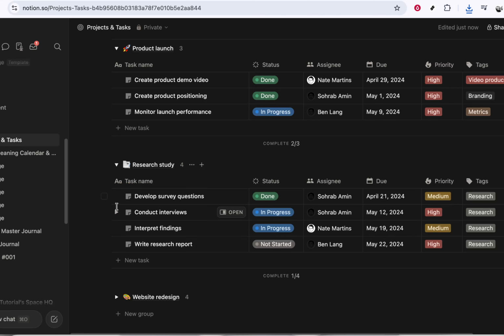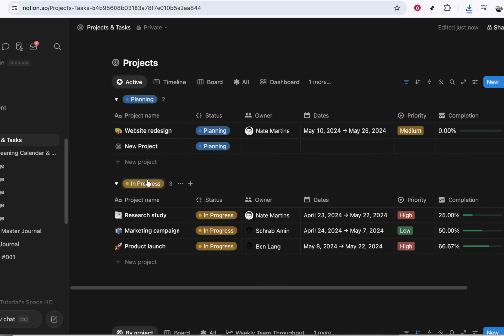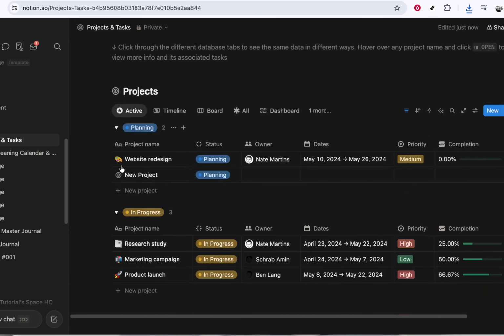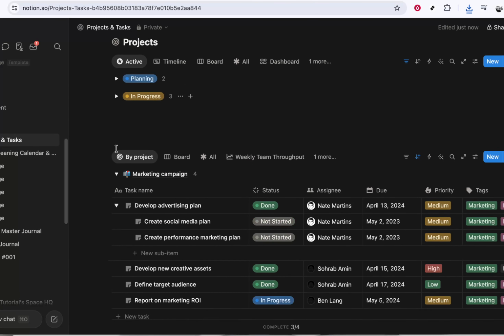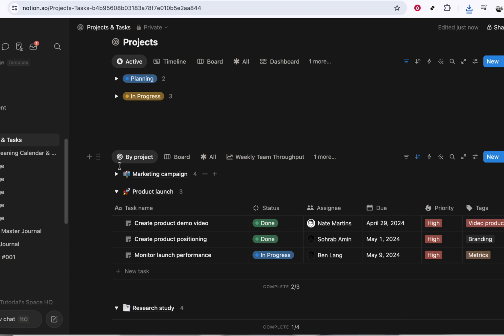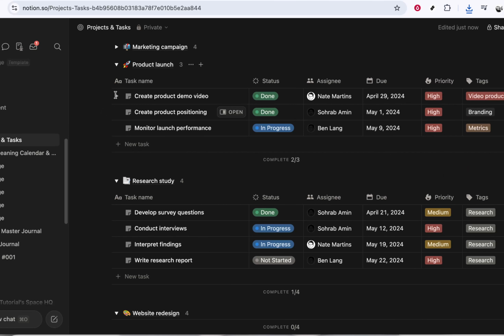If you want to expand multiple toggles at once, repeat this same action on each toggle you want to open. Move down the page, clicking each arrow as you go. As you do this, you'll start to reveal more and more of the structured content that was hidden before. This is especially helpful when you're in review mode and want to see the full picture of a project or